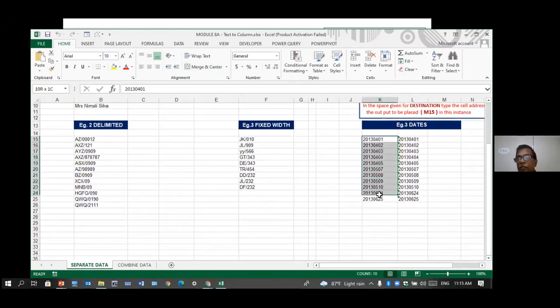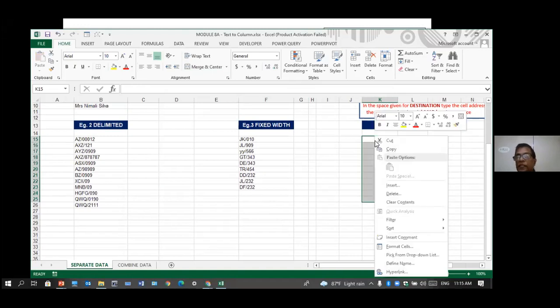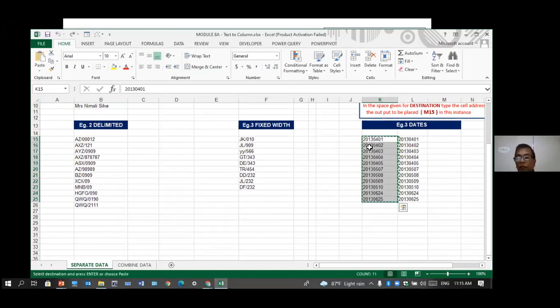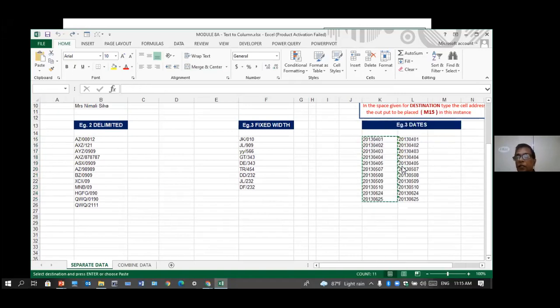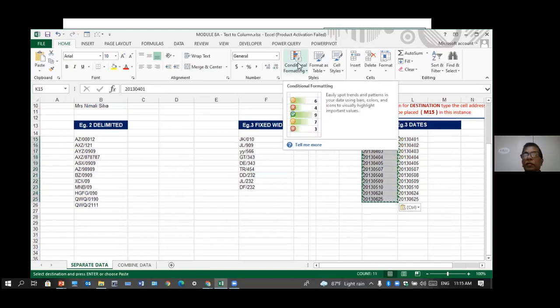So what you should do is copy and paste it as text. Select this, Control C, then right click and paste as values. The moment I put values, can you see the green color came up? So now it's clear of all those unwanted things.